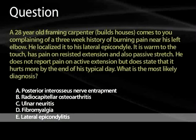And the radiocapitellar osteoarthritis would affect problems with pain, but would not give the same kind of heat over the muscles, nor would it have an effect on passive stretch. Ulnar neuritis is going to be on the wrong side, and fibromyalgia is too specific to this one joint to